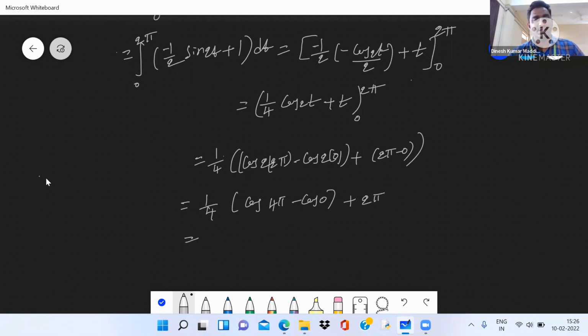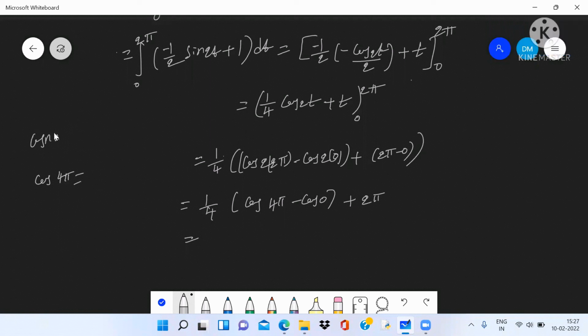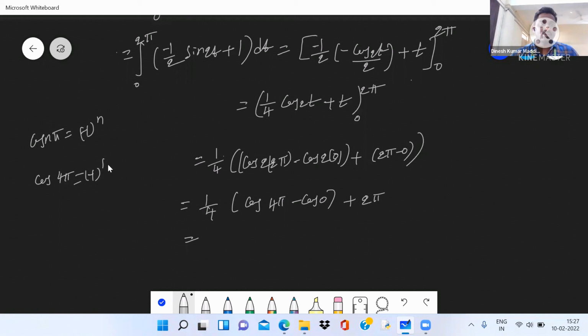Can anyone say what the value of cos 4 pi is? That is cos n pi. I already shared it with you, sir. Cos n pi is equal to minus 1 whole to the power of n. Like this, you will get minus 1 whole to the power of 4, that is 1. It's a shortcut. When someone asks how you get it, don't argue with them. It's a shortcut. Sometimes my shortcuts fail also. That 1 by 4